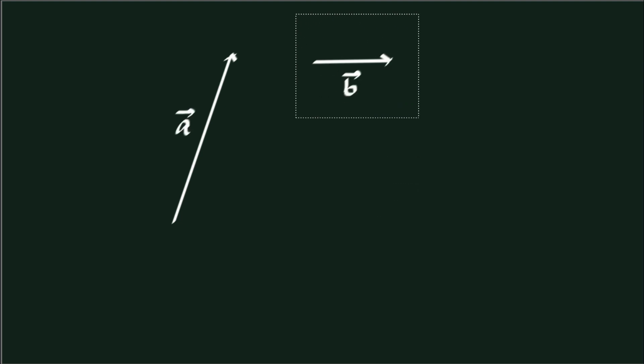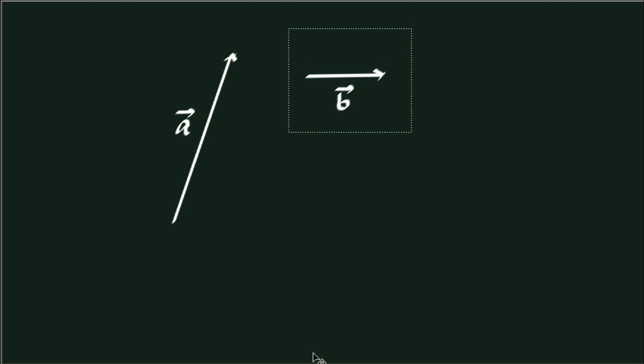Today we are going to use the dot product, or the scalar product, to find angles. Let's start with two vectors. This is vector A and let's say this is vector B. If you wish to find the angle between the two vectors, you will slide one of the vectors until they